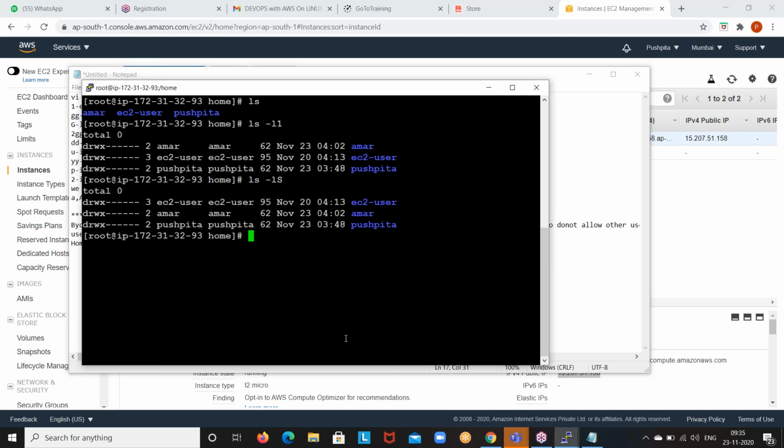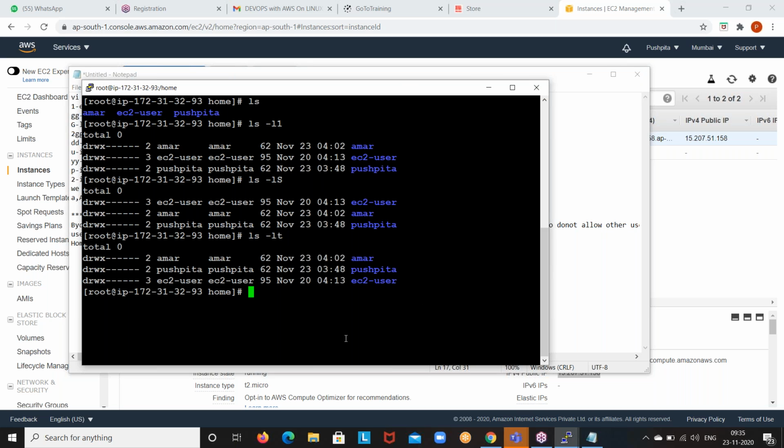See, it is showing in size order. I want to make the latest at the top. ls -lt is the time-related command. Based on your requirement, maybe 1000 files are there and I want to check only the latest files and folders. ls -lt is the command.